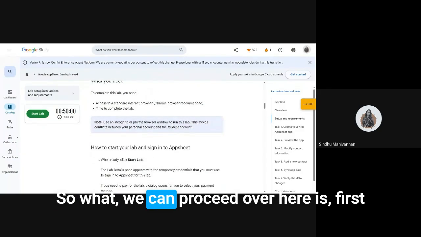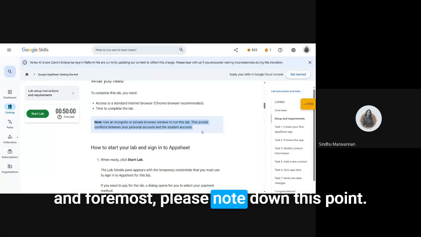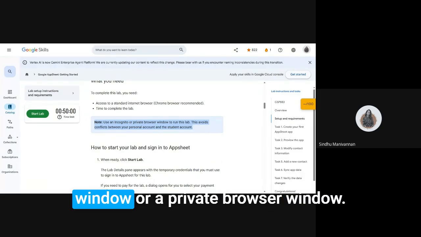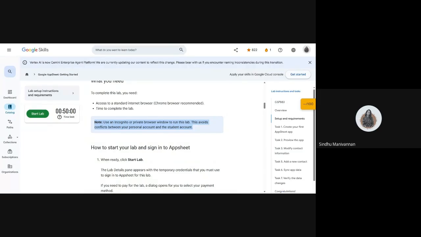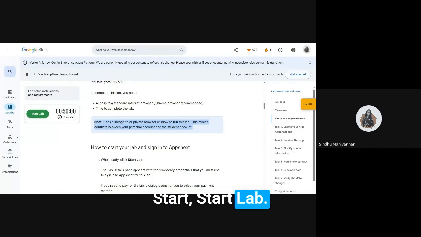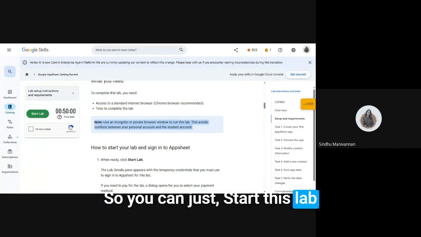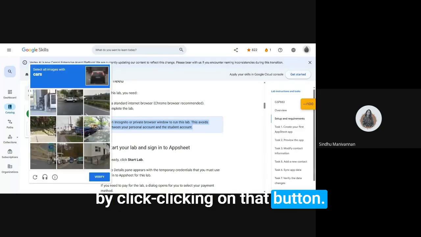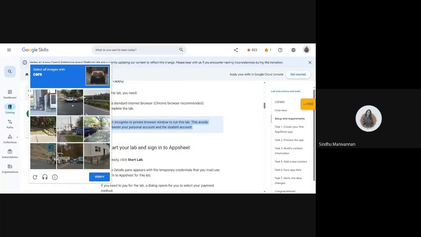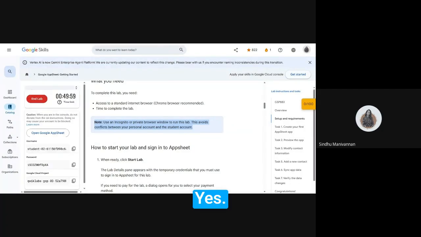First and foremost, please note down this point: try to access it in your incognito window or private browser window. Over here, there is a green button, Start lab. You can start this lab by clicking on that button. And also you need to make sure